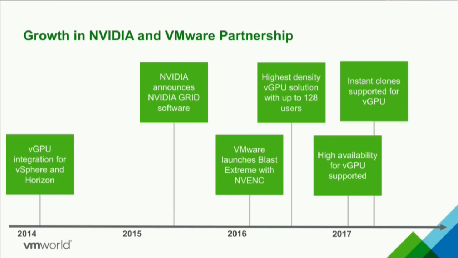We had introduced high availability in the early part of 2017. And then we brought in instant clone support. Yes, instant clone is fantastic. If you think about creating one golden image that you can quickly spin across to thousands of users, and you want to apply a patch to a golden image, many of you are starting to deploy Windows 10. You're going to go through this, where you have a golden image, you have to repatch it, update it, and quickly deploy it across your enterprise. Some of the functionality we built in with instant clones is going to help you rapidly deploy those updates without any user downtime. And I think it's easy to look at that feature, that concept, and say, oh, that's great for 10,000 knowledge workers.